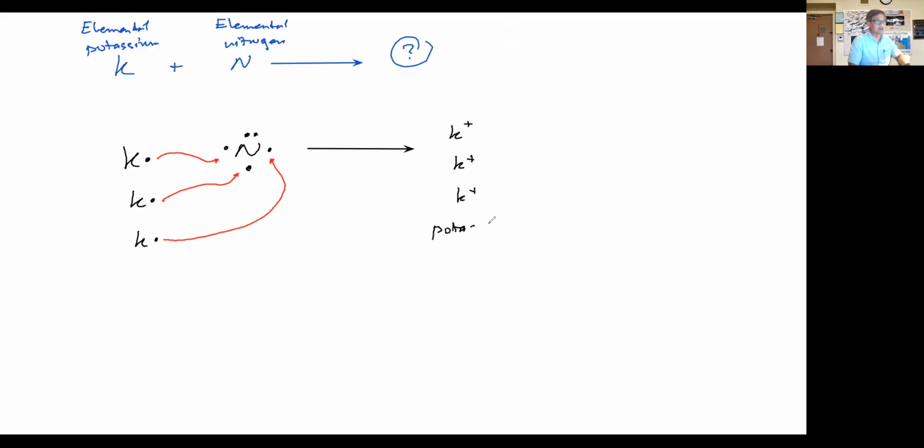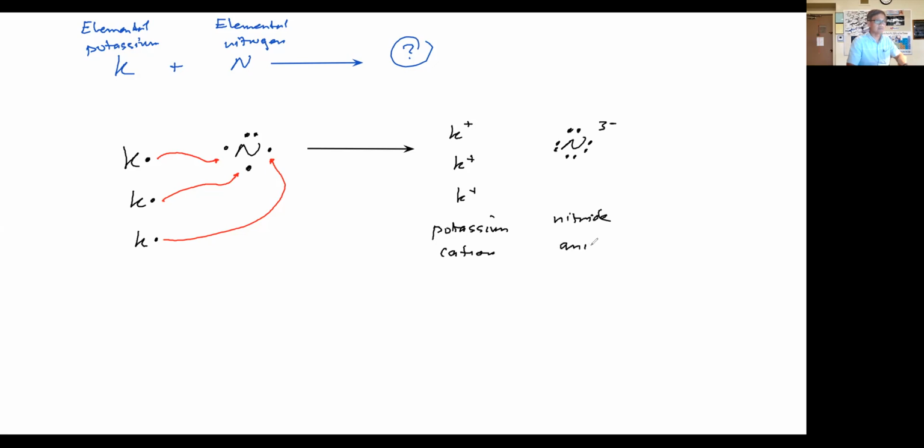We need those 3 potassium cations to make sure nitrogen becomes stable. It has all the electrons it needs. And so this new nitrogen ion, which has a 3- charge, is the nitride